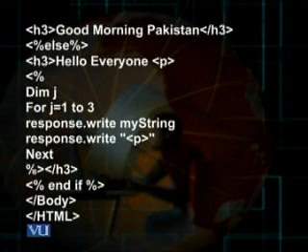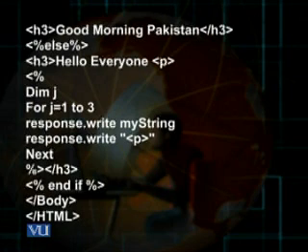And then after a paragraph tag, I use another variable j within the delimiters. Dim j, I declare this variable, and then for j equal 1 to 3, this is the syntax of using a for loop in ASP. There are two statements: response.write myString, response.write paragraph, and then there is the keyword next.